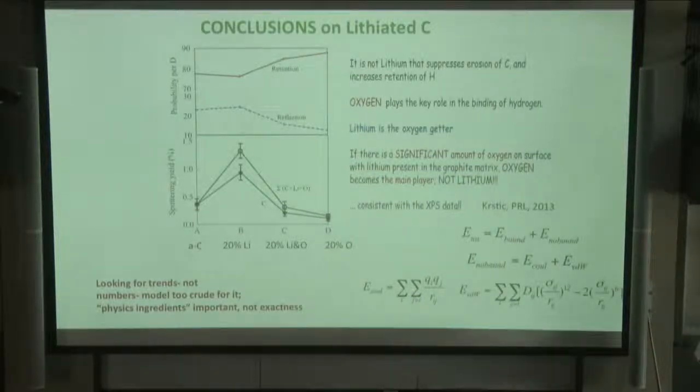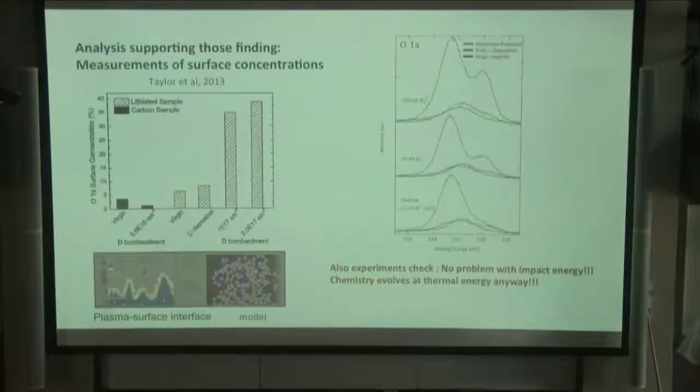So the only problem was nobody believed that there is 20% of oxygen at the surface. If you take regular carbon, it's 5% of oxygen. If you put in lithium, it intercalates deeply, and you get on average about 8% of oxygen. So where is 20? Well, again these people from Purdue did a careful XPS experiment, and they found that at the surface, a couple of nanometers from the interface, you get a strong accumulation of oxygen, because when you bombard it with deuterium,